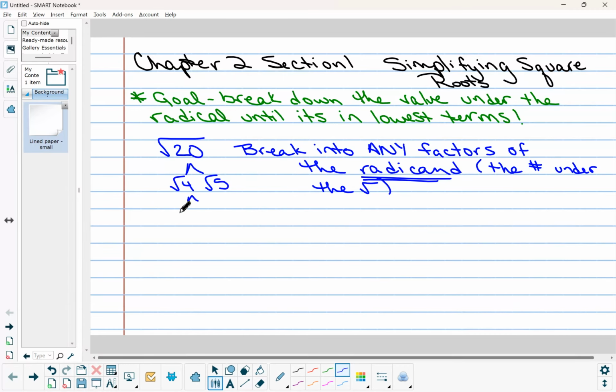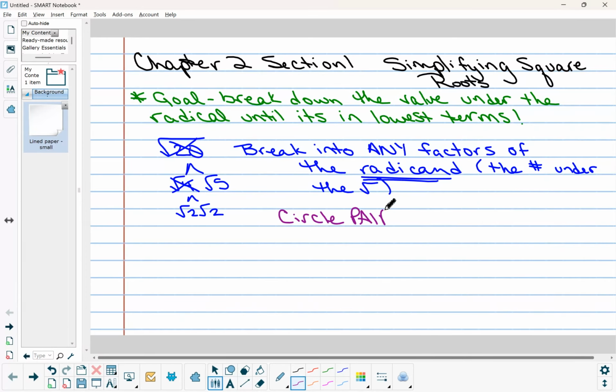So now I'm going to do the 4 is a 2 and a 2. Okay. And then those can't go any further because they're prime. If it helps you, you can actually cross out the numbers that are not prime. So 4 is not prime, 20 is not prime. All right. And then what we're going to do is we are going to circle